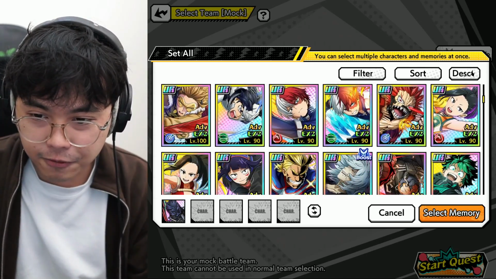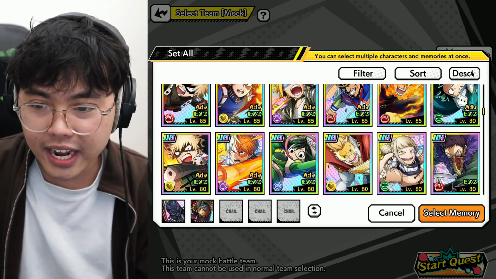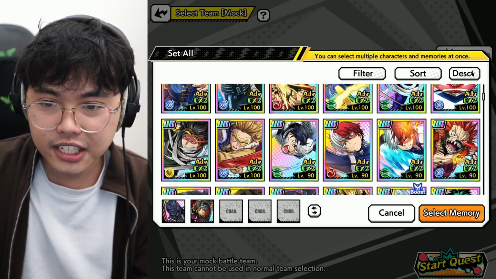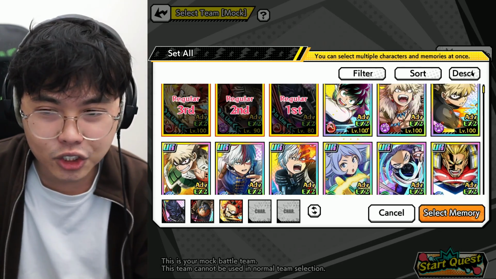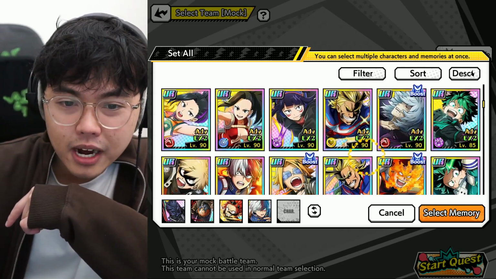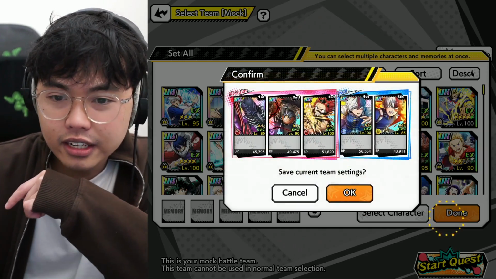So I do have the All for Ones. And then I would like another support, but my villains are definitely lackluster. So I'll bring Kirishima for the taunt ability. Even though it doesn't really work in the stage, it's just for the power bonus, which will be nice. And then for the rest of the team, I'll just fill out the rest of the color typing other than green,